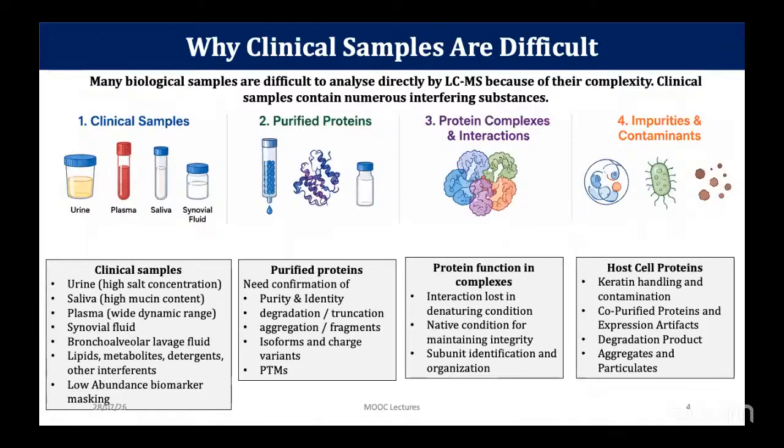Why are clinical samples difficult? Urine, as the Professor already said, I will just give a brief. Urine consists of high salt content. Saliva consists of high mucin content. Plasma has a wide dynamic range, with masking proteins, like the dominant proteins that are present. You have to remove or deplete them to let the significant proteins be expressed. Then there are lipids, metabolites, and various detergent